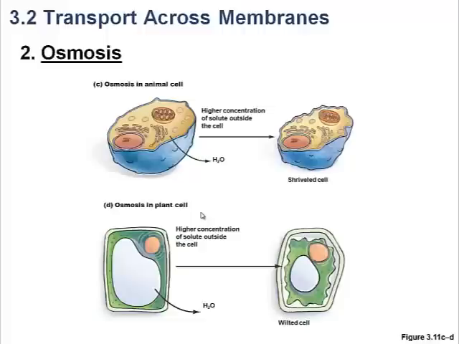And when thousands of those rigid plant cells are placed end to end, it allows a leaf to remain upright in the manner that it needs to in order to collect sunlight. So osmosis is extremely important in plant cells as well. And plant cells prefer to be, and typically are, in an environment in which there is a greater solute concentration inside the cell than outside